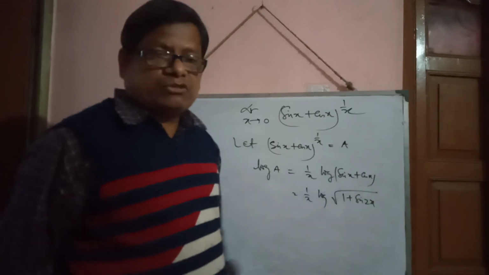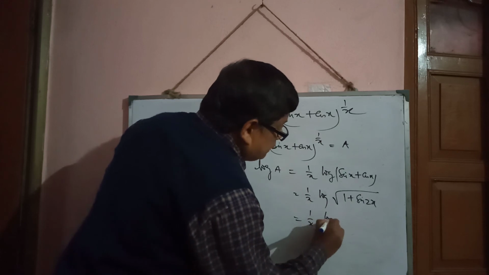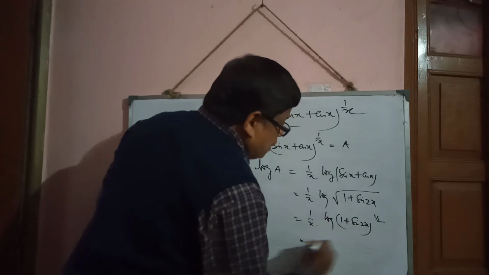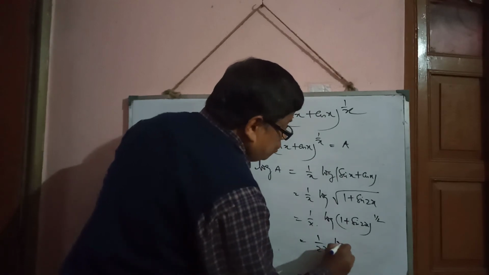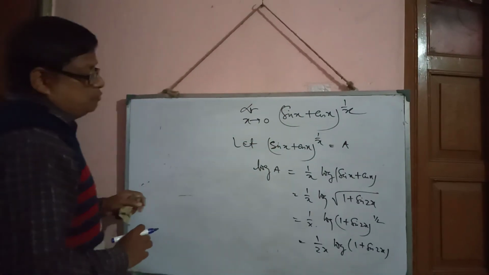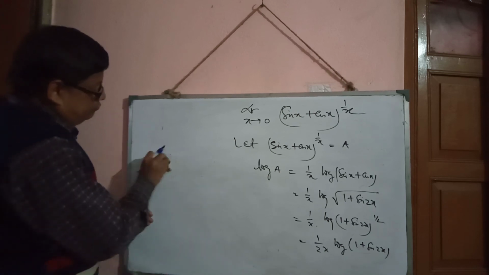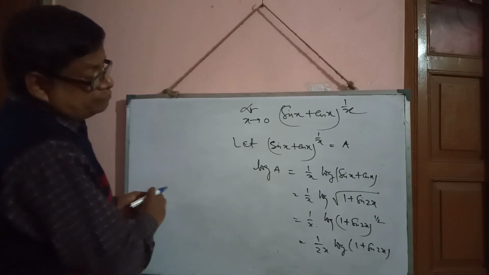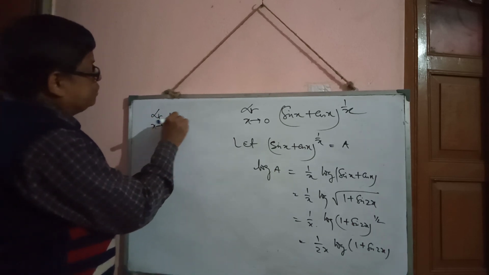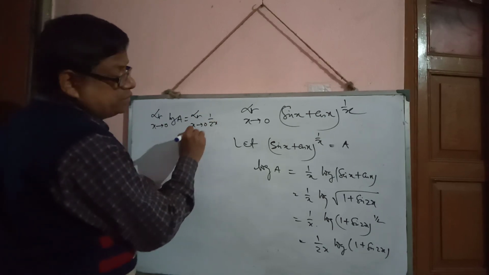So this part is sin x plus cos x. Now log is there. So 1 by x, we can write log (1 plus sin 2x) whole to the power half. So half take outside, 1 by 2x log of (1 plus sin 2x). Okay. Now take limit x tends to 0 of log a, we can write limit x tends to 0 of 1 by 2x log